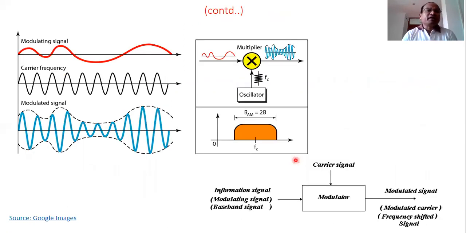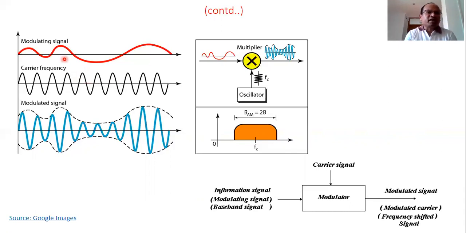Now, if you look at the extension of that diagram, you see another message signal, displayed in red color, and there is a carrier frequency. When you compare this carrier signal with the modulating signal, you find that the carrier frequency is much larger than the frequency of the modulating signal, because in the modulation process, a high frequency and high energy signal is mixed with the message signal, and that signal becomes powerful and can be transmitted.